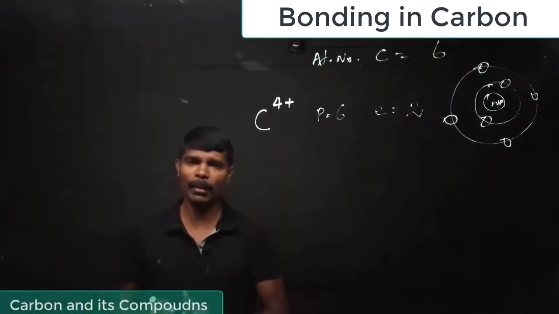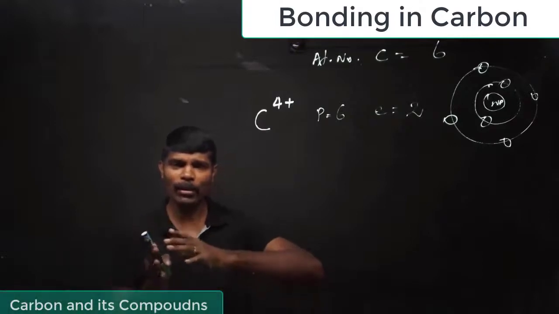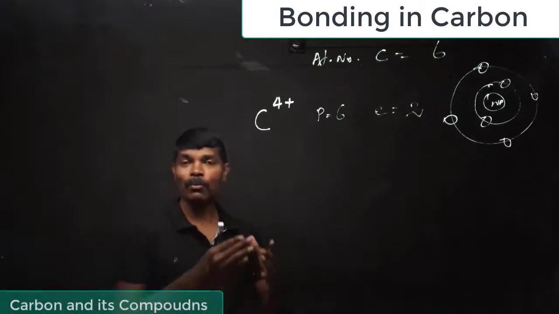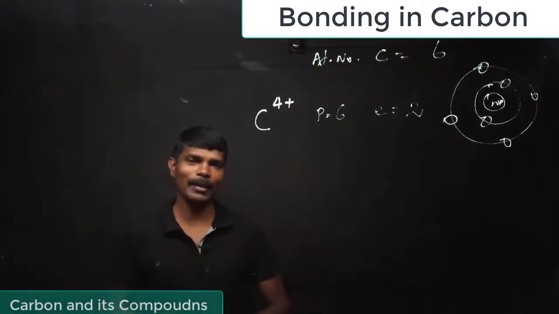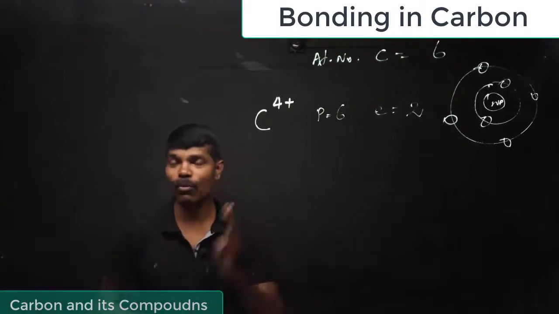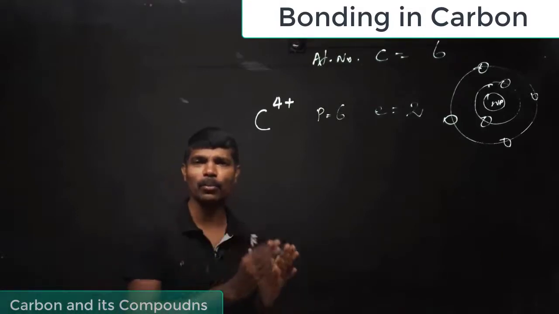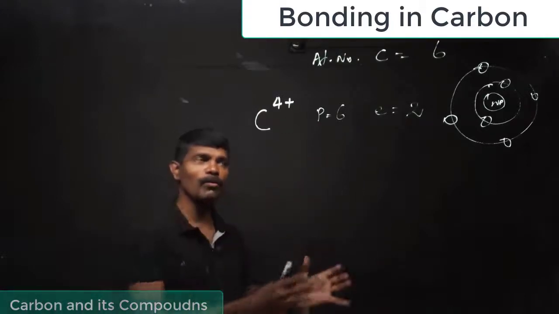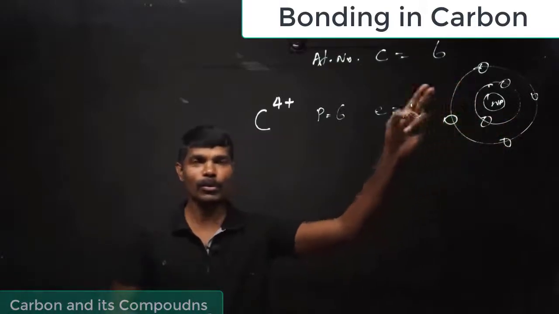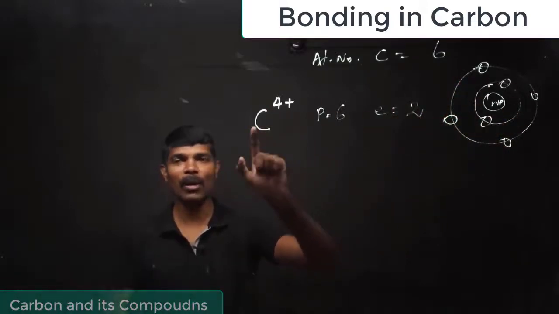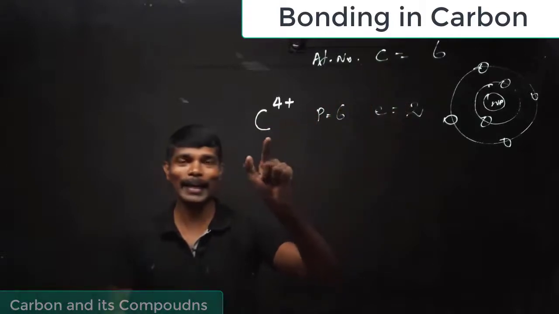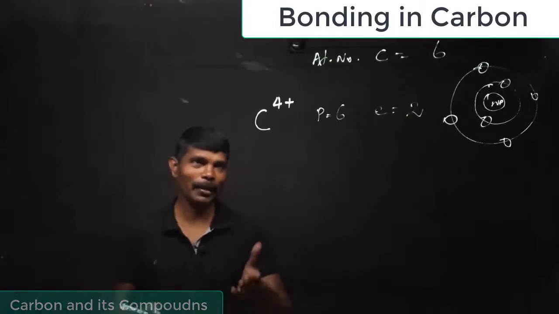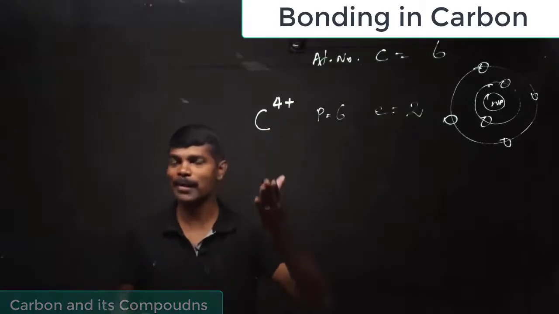In case of carbon, to remove 1 electron, some amount of energy is required. To remove the second electron, some more energy is required. To remove the third electron, even more energy is required, and to remove the fourth electron, it is extremely difficult to provide that much energy. So it's impossible for carbon to lose all 4 electrons of its outermost shell and form C4+. So it's not possible for carbon to get itself stable by losing 4 electrons. So it's obvious that carbon cannot form C4+ to get itself stable.